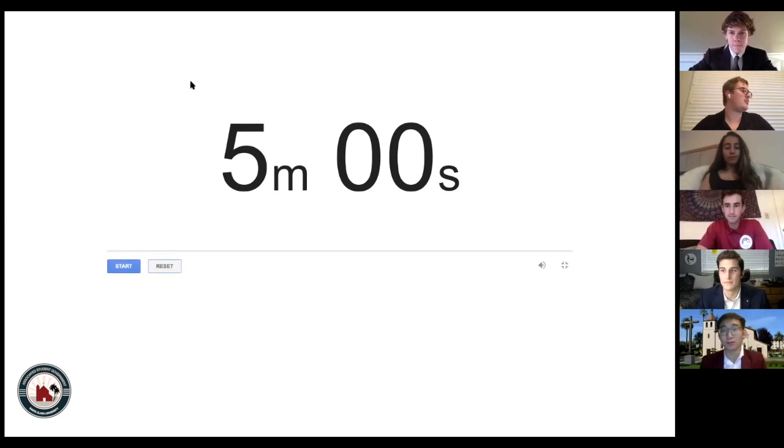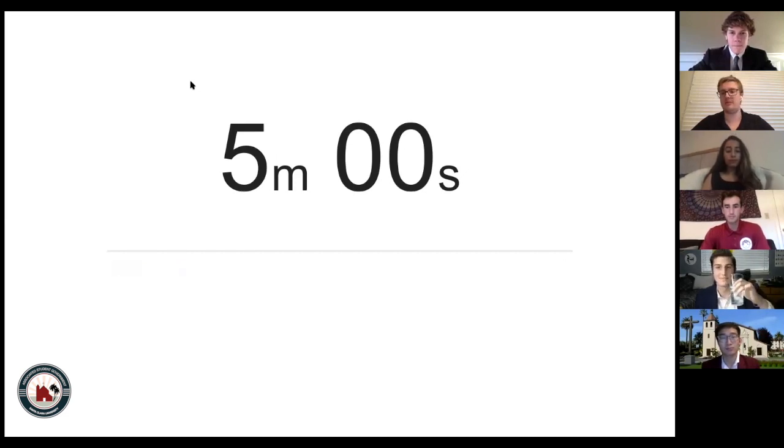All right, so to start, we'll just go over the format again. It'll be 5 minutes for introductory statements. By random draw, using a random number generator, we figured out the order of people who will be speaking for Senate chair. Since there are no other candidates for president and VP, the candidates for those positions will be the first ones to speak. After that, we'll go 1 minute to answer questions selected by the election committee that are based on our own created responses, as well as ones from the student body.